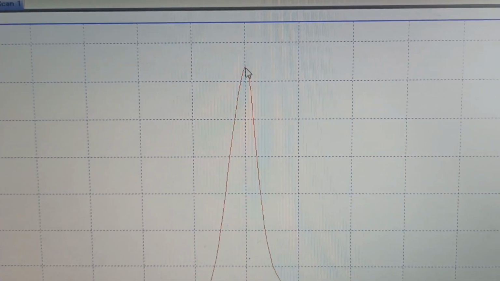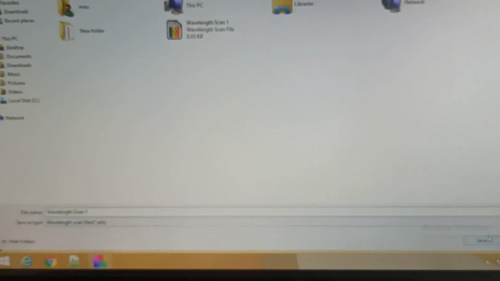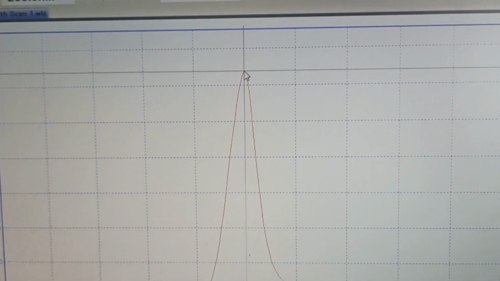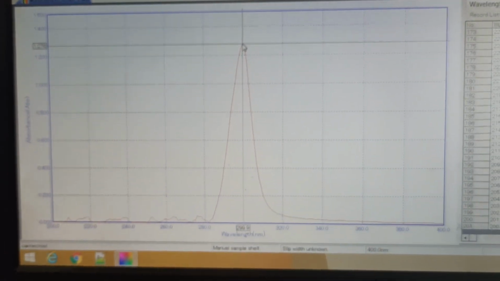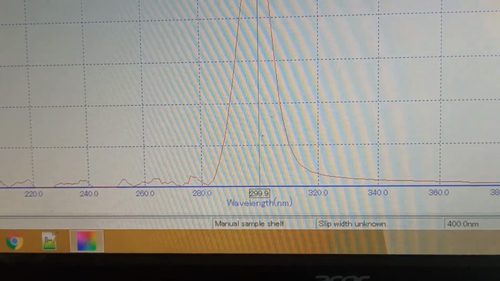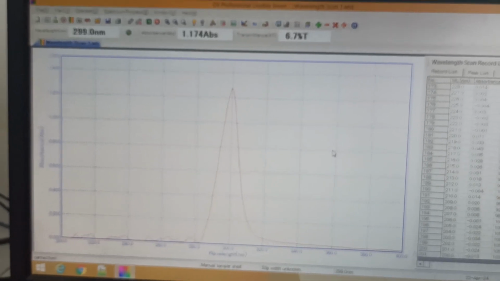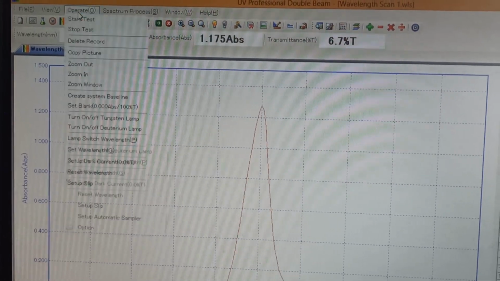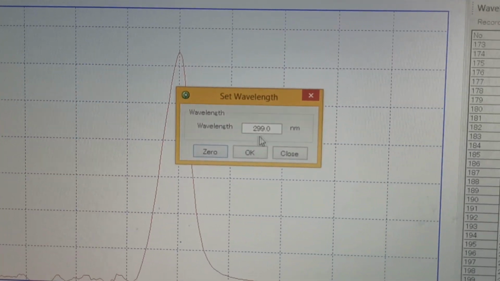Lambda max of the sample is 299. Now to carry out the assay, first go to operate, then set lambda max as the wavelength.